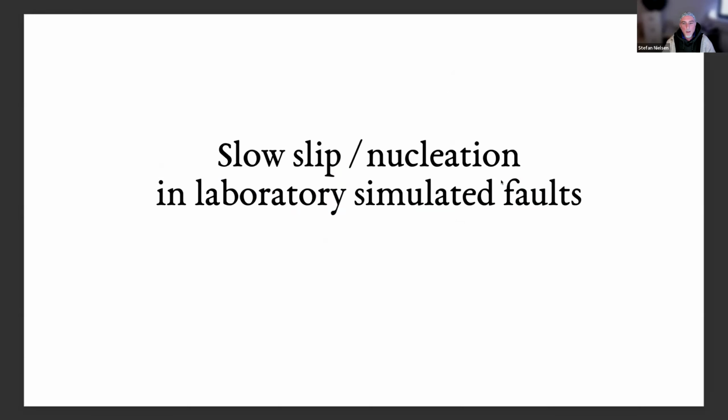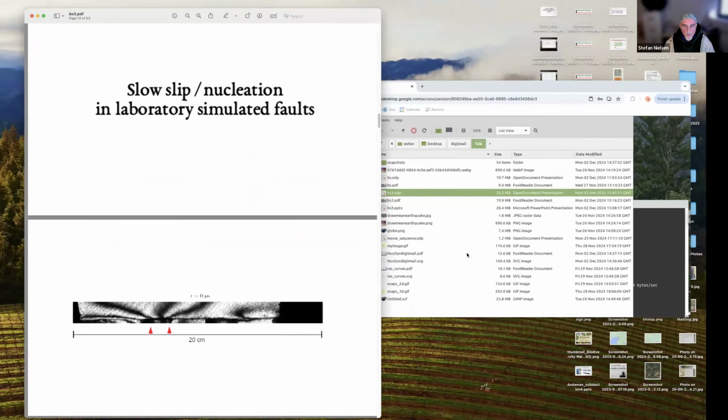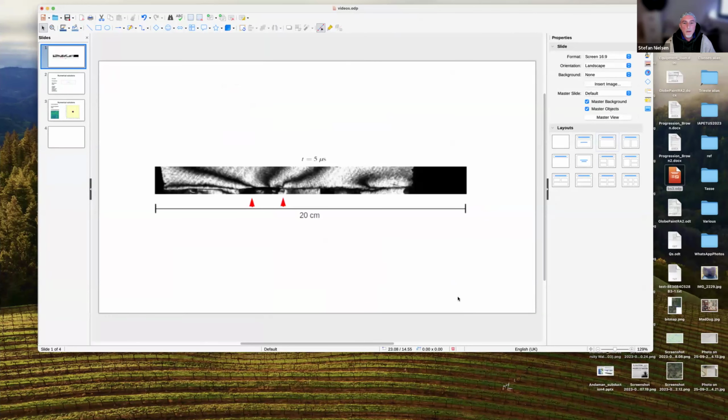Now, let's look at laboratory experiments. So, I'll have to switch to the video here. Hopefully it's going to work. So these are experiments that we've been doing first in Rome more than 10 years ago, and now we're doing them here. These are part of a work that involves Latour and Alex Schubnel and other colleagues.